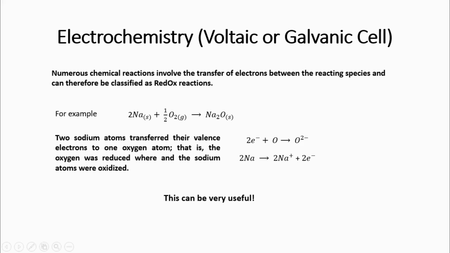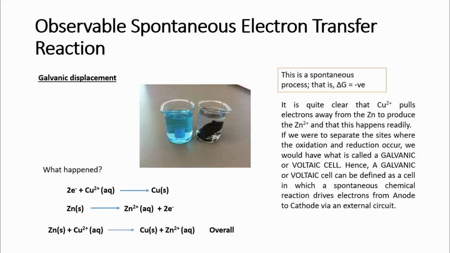And that is how sodium oxide, that white powder, is formed. Now, this can be very, very useful, as we will mention now. In terms of observing electrochemical processes, you have seen this before. For example, if you have a solution of copper sulfate and you immerse a piece of zinc metal in